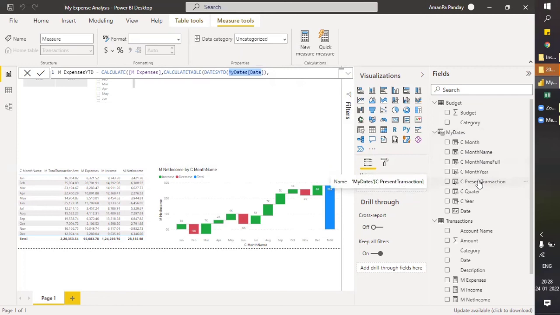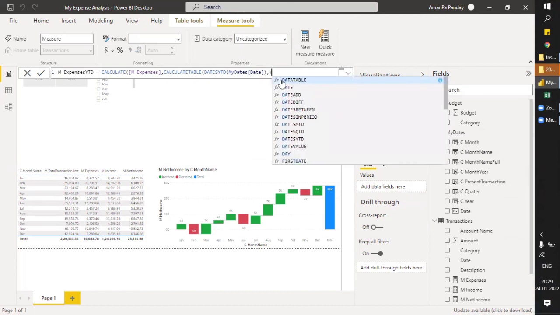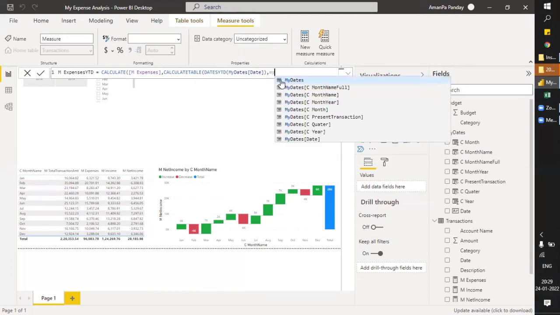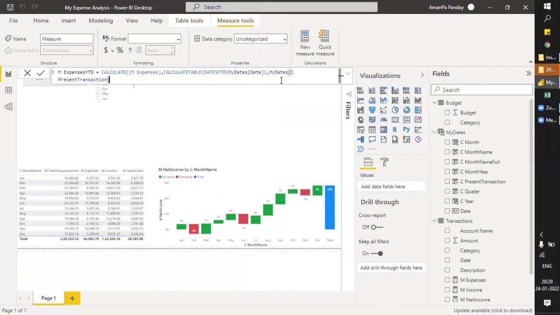This column tells us whether that particular date is present in the transition table or not. So I will use that as a filter: my date present transition equals to true. Let me close the parenthesis and hit enter.